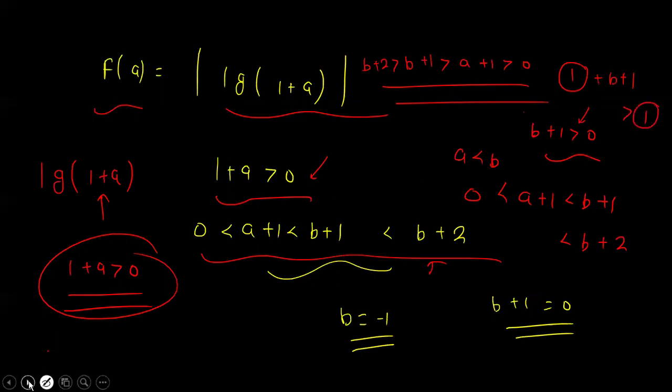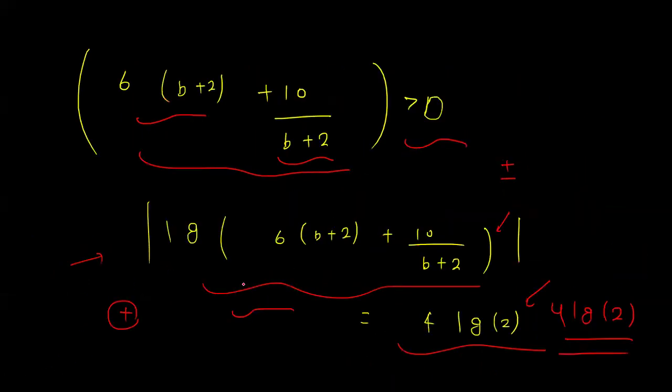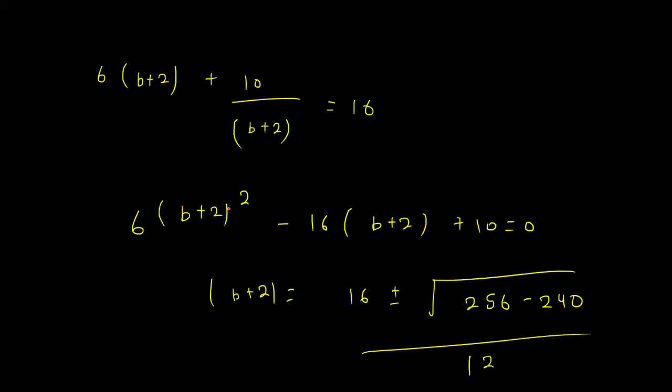If you multiply this quantity by 6 times b plus 2, it will become greater than 6, and we are also adding something to this. So this whole quantity is greater than 1. If the argument inside the log is greater than 1, then its value is positive. We know that from the log property. So this whole argument is greater than 1 and its value is positive, so we can easily open this